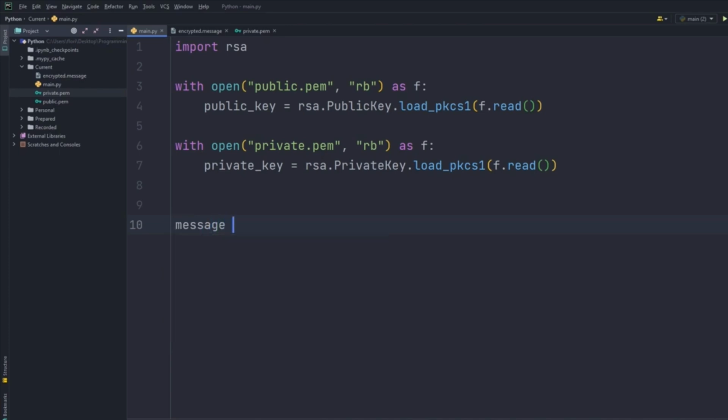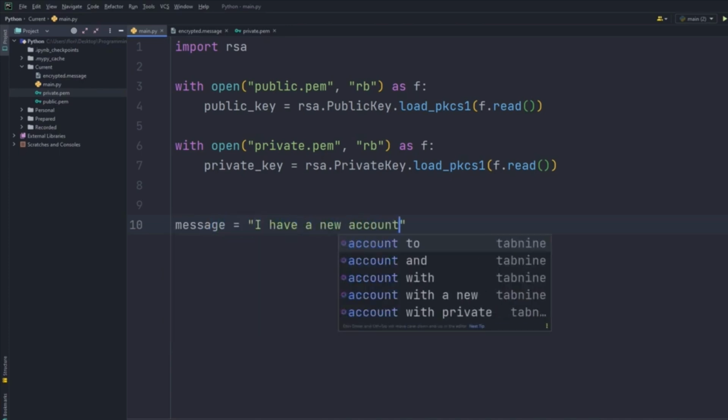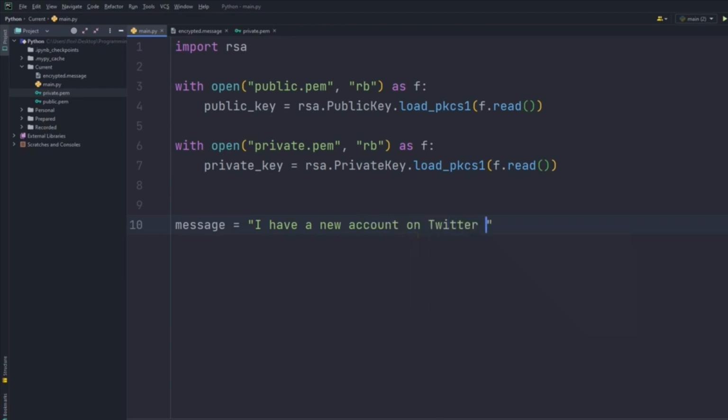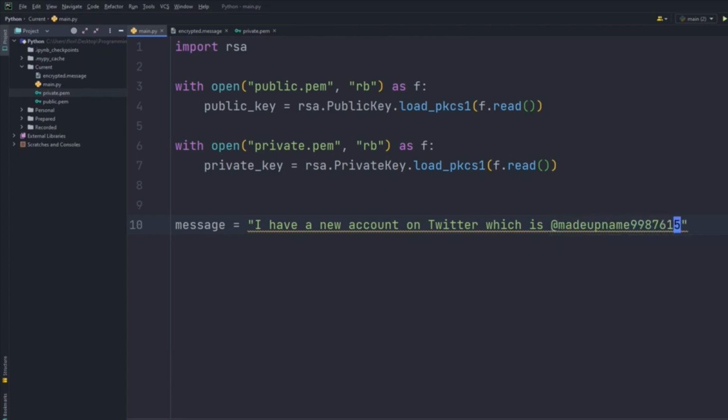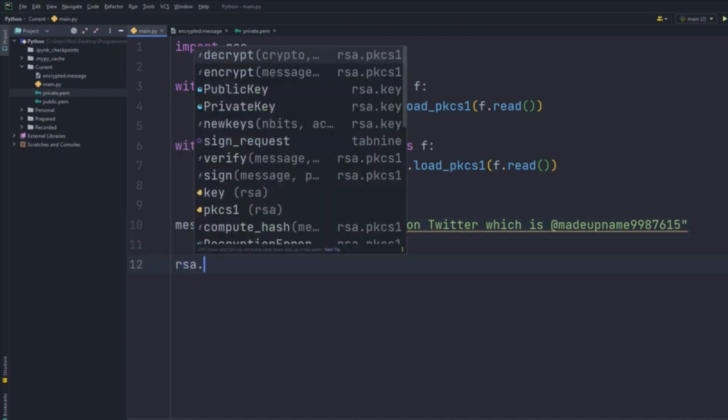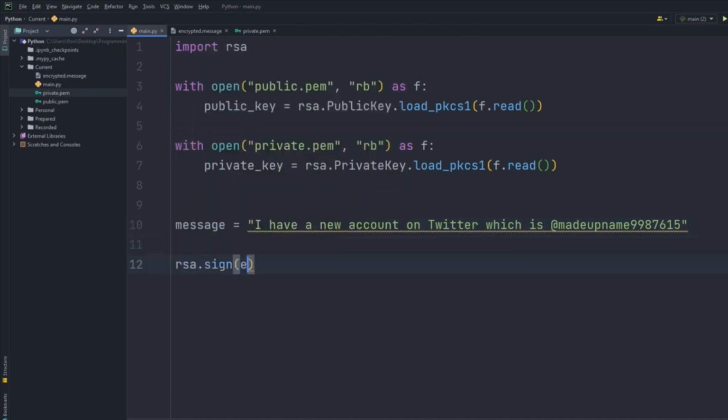So let's say I have a message. I have a new account on Twitter, which is @madeupname9987615. Hopefully this does not exist. If you want to know that this is actually from me and authentic, what I can do is say rsa.sign, and I can sign the message here. I can encode it, and I can sign the message with a private key and